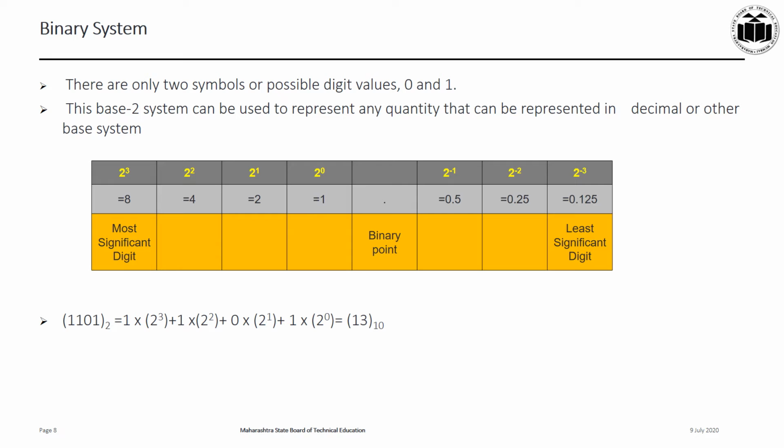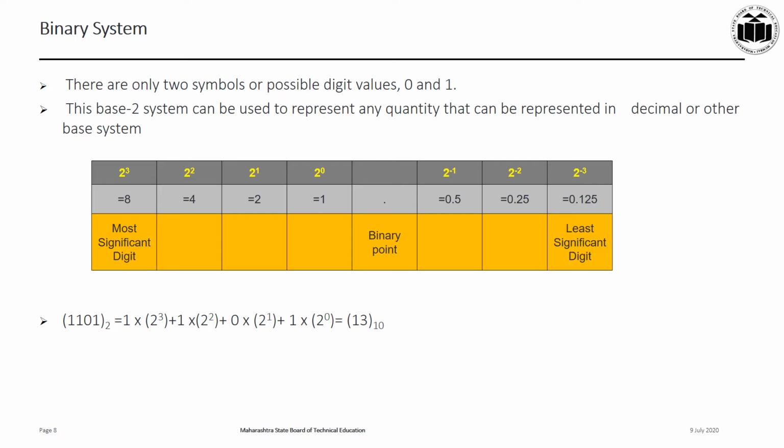Binary number system. Students, as you know, computer systems use binary logic for their operation. A computer does not understand the decimal number system. A binary number system has two symbols, 0 and 1. The binary number system works just like the decimal number system. The weighted values for the different positions for a binary system are shown in the table. The binary digits 0 and 1 are called bits. This binary system has only two bits, 0 and 1.